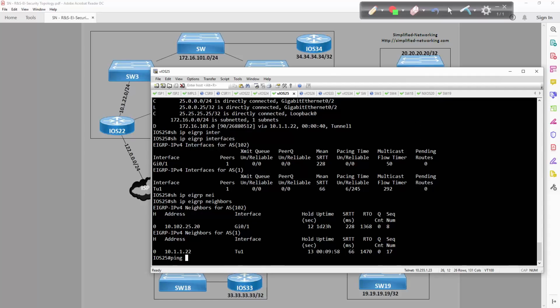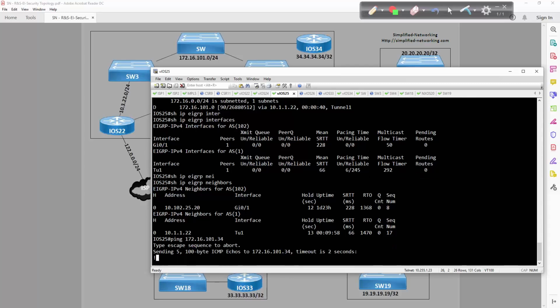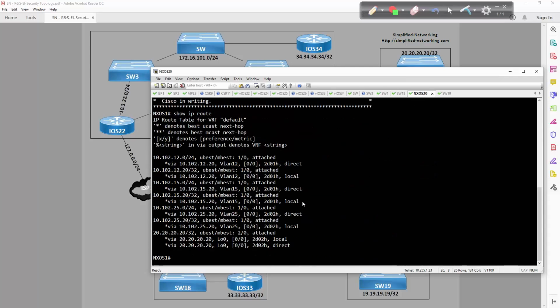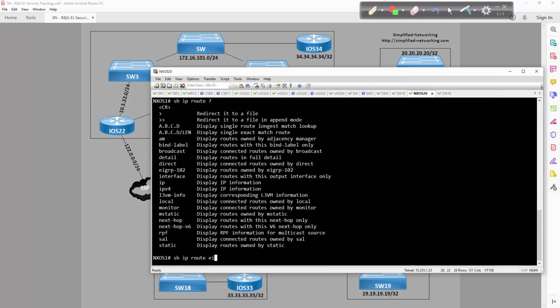Let me ping 172.16.101.34. I can ping that from 25, which is awesome. If I come over here and do a show IP route, EIGRP,